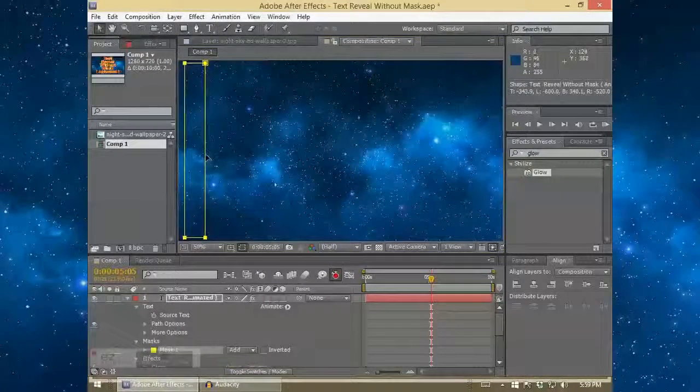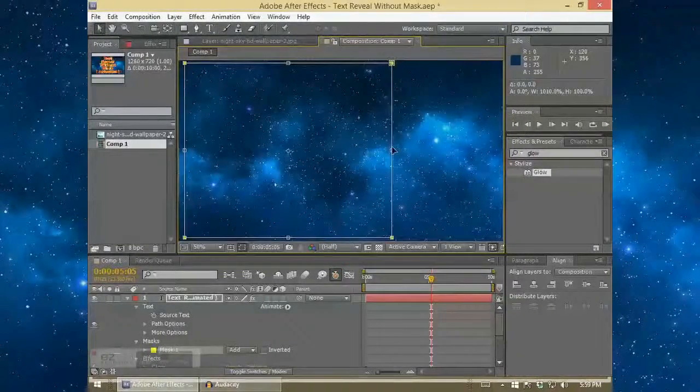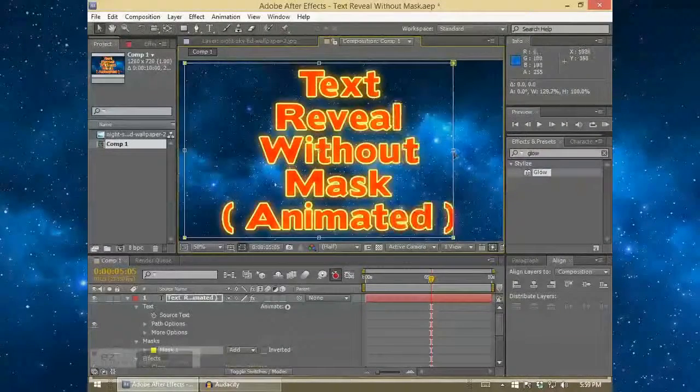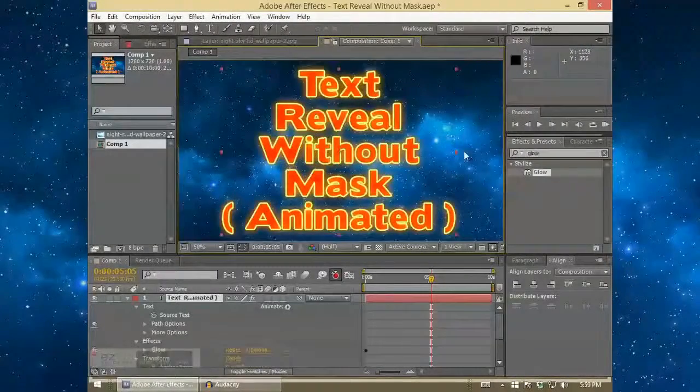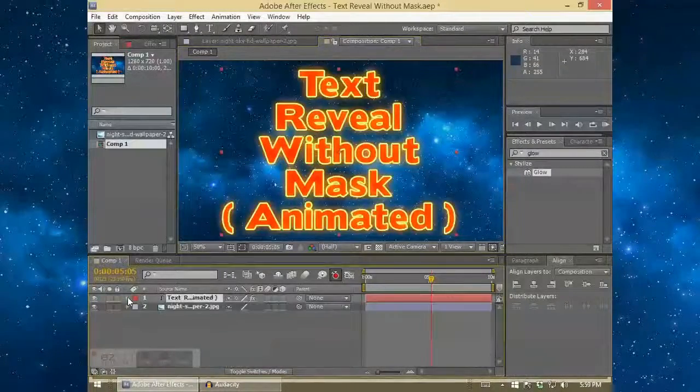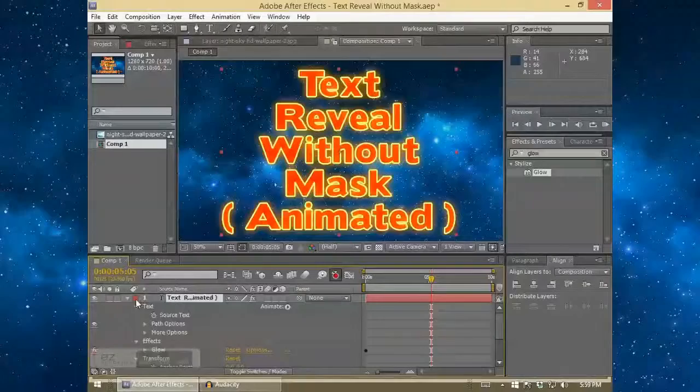So you want to reveal text without a mask, or in other words, without having to do something like this. Don't worry, using a mask isn't the only option available to you. It's not always the most appropriate option. So what I like to do in those times is use the animate property, and nestled within your text layer